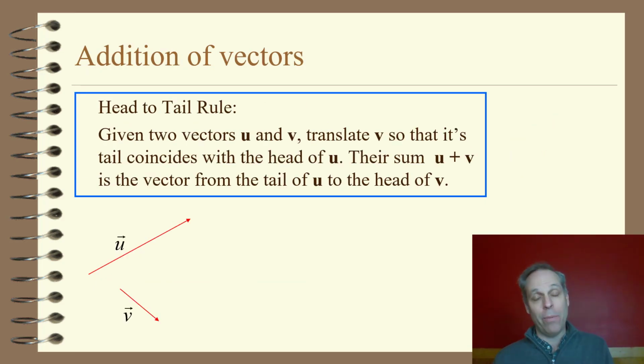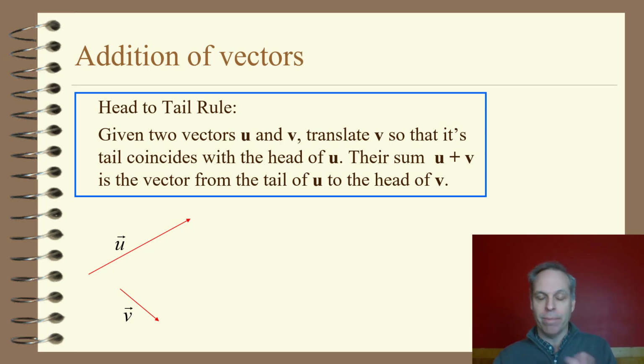Okay, now that we have the basic idea of a geometric picture of vectors, let's talk about how to combine them. So the simplest one would then be how to add vectors. So geometrically, we think of the addition of two vectors u and v by taking a copy of v and translating it, moving it, so that the tail of v is at the head of u. That would then create the vector u plus v by going from the initial point of u to the terminal